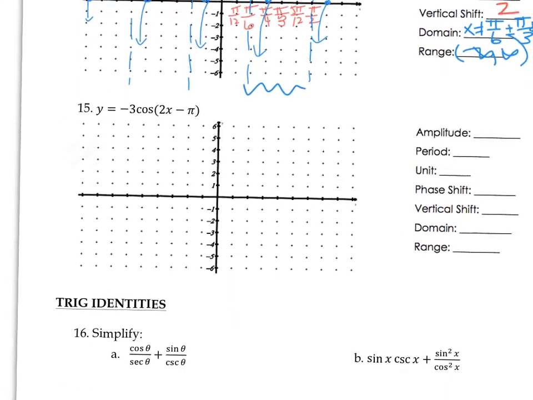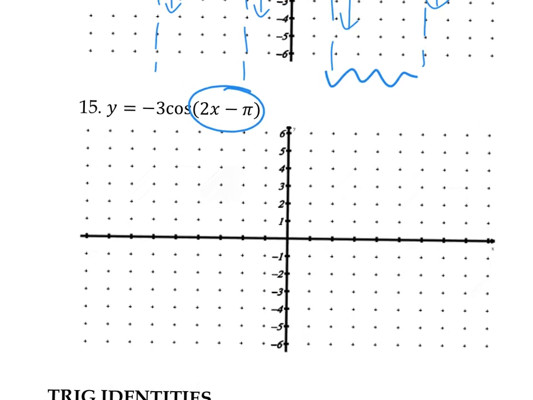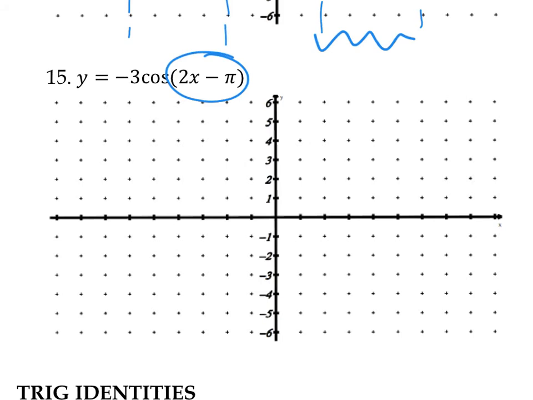If I go ahead and do number 15, amplitude is 3, period is 2 pi over b, which is pi, unit is period divided by 4, so pi over 4, phase shift, what makes the inside 0, pi over 2, vertical shift is 0. So now if I zoom in so we can graph it nicely, my unit is pi over 4,